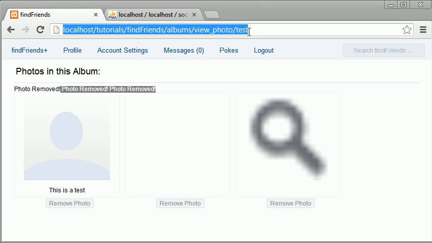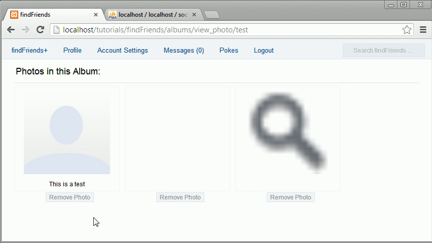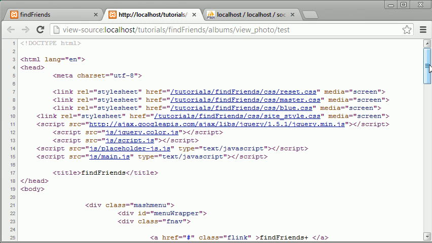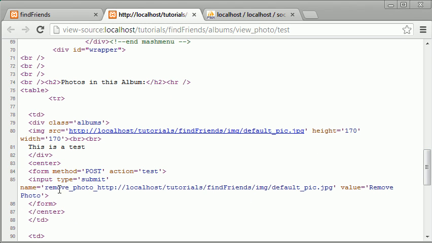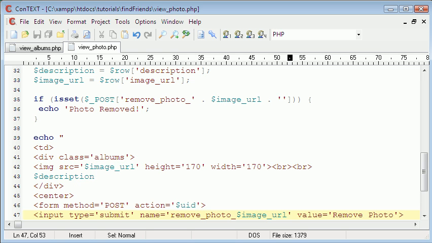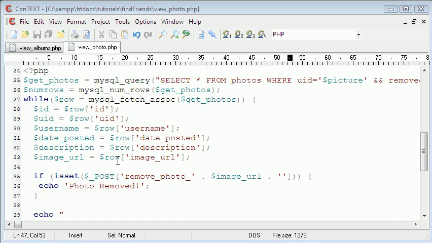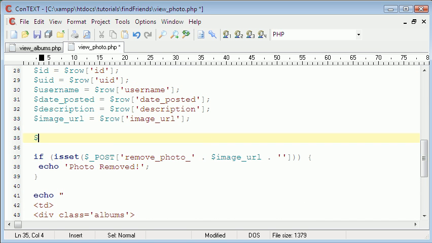So now if we refresh and we hit remove photo, we can check why that's not working in the page source. So if we just scroll down, here we can see it, and here's the problem. You can't have this clearly, so we need to try something else, something that's just going to be unique to each photo. So a good idea of something we could do is create a variable called md5